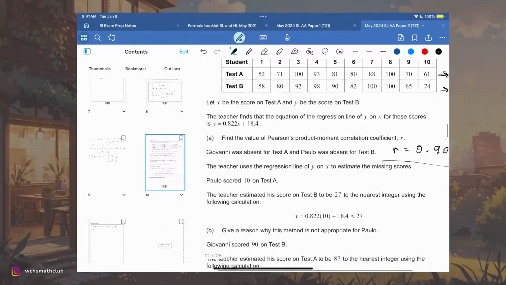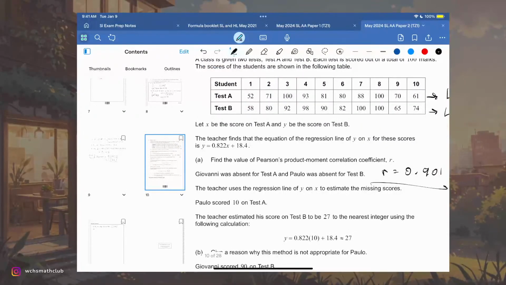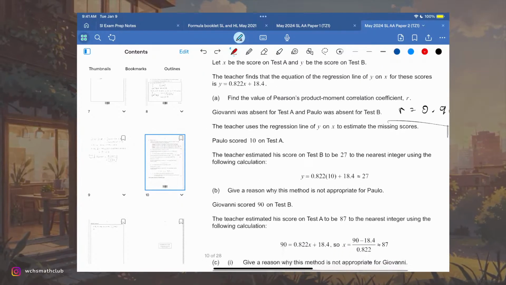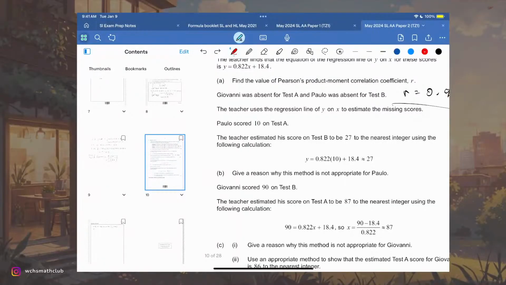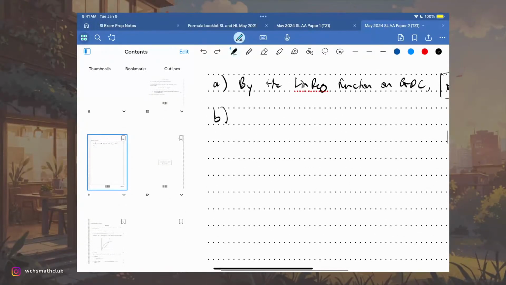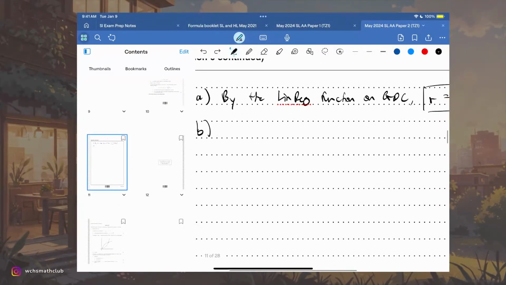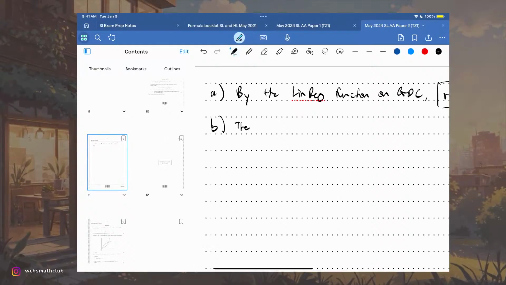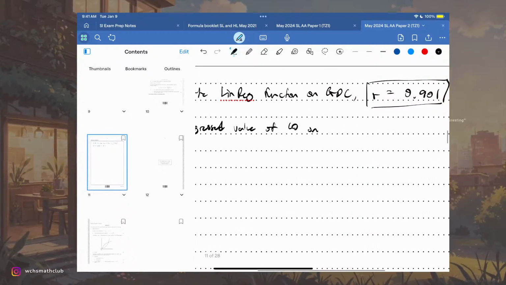But the major problem is that you can see a lot of these values right here. They all line up somewhere between the range of 50 to 100. So if suddenly you do this regression on 10, it's way outside the range. So how I would answer this, one way to do this is to just say the regressed value of 10 on test A